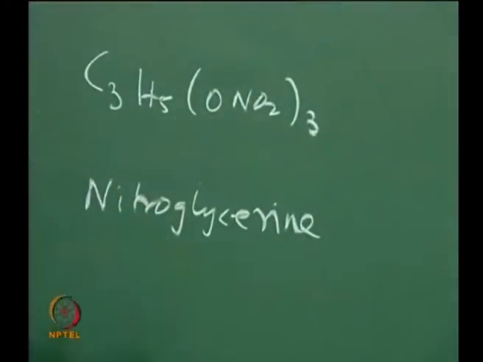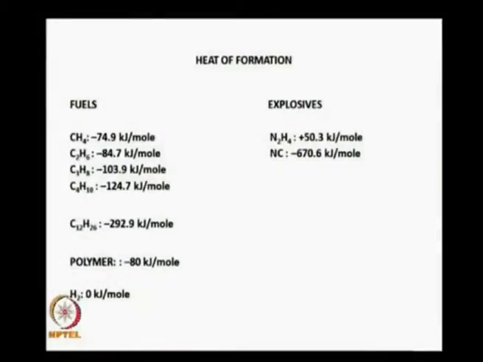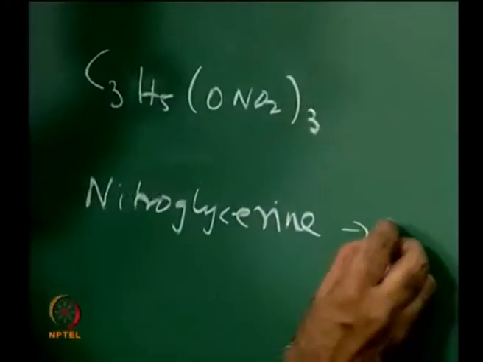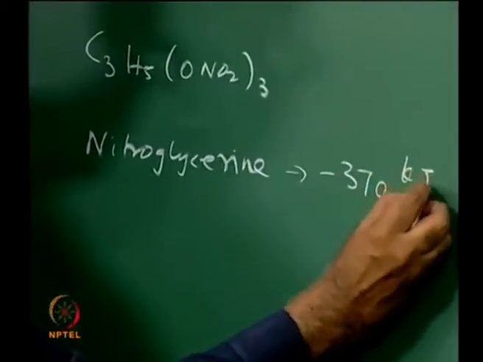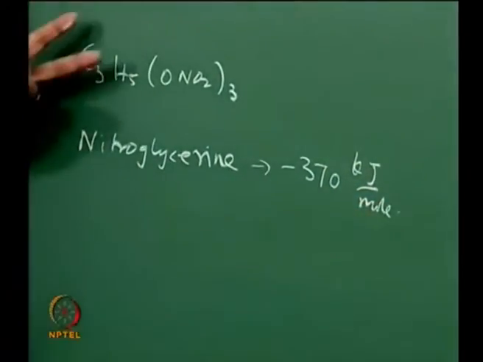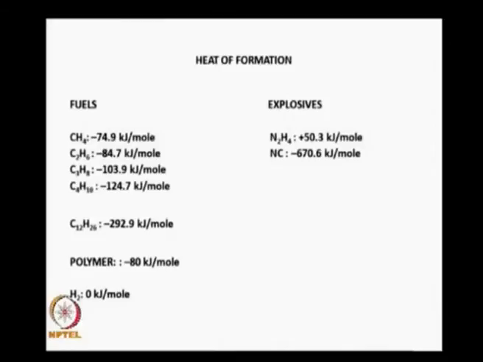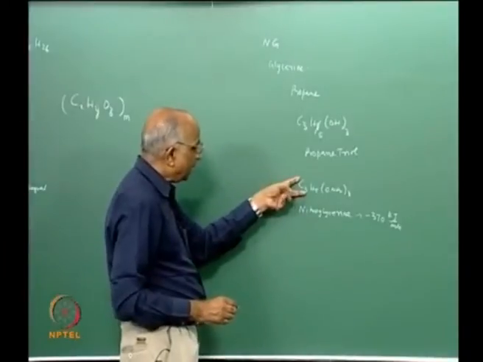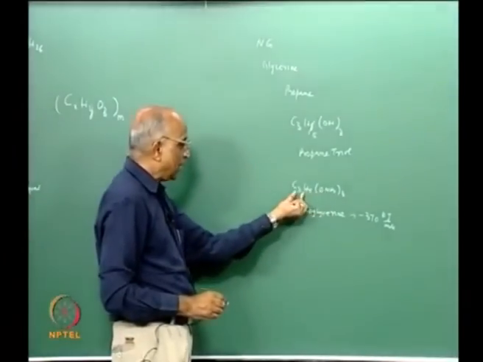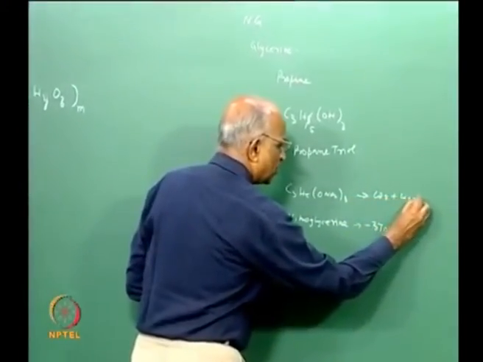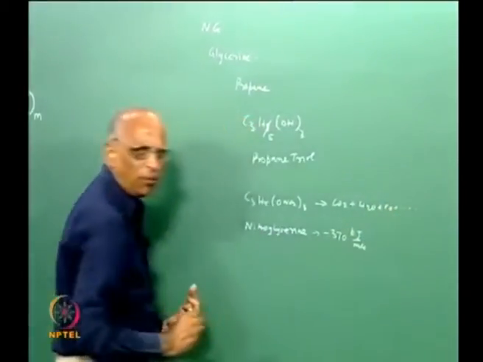And this has a heat of formation as shown here, maybe in the next one, you see that the heat of formation of nitroglycerine is around minus 370. And how do you get it? You do an experiment, you find out you have minus 370 kilojoule per mole. But why did I take this particular expression of nitroglycerine here? I want to know whether nitroglycerine can act as an explosive. It has oxygen, it has fuel, it can burn together to give me, let us say, CO2 plus H2O plus maybe CO, maybe any of the things it could form.